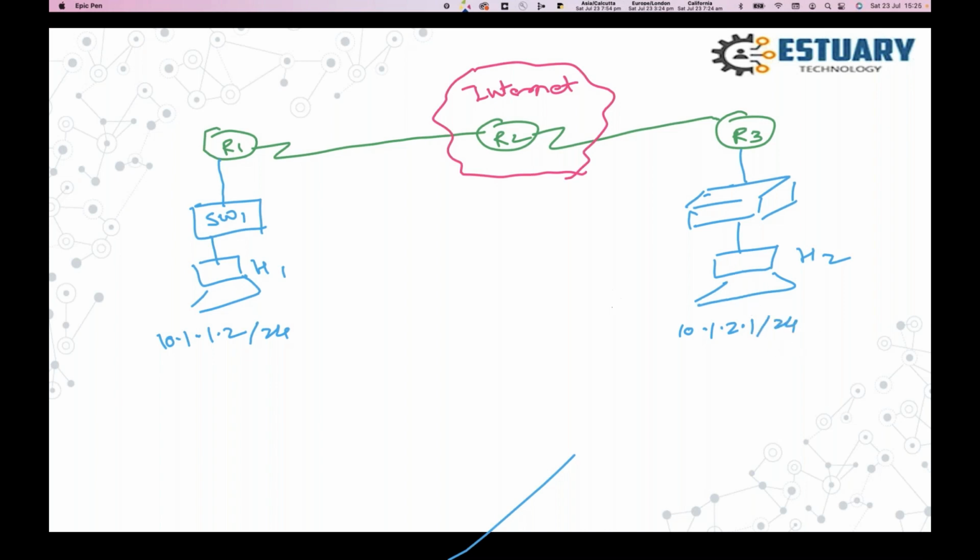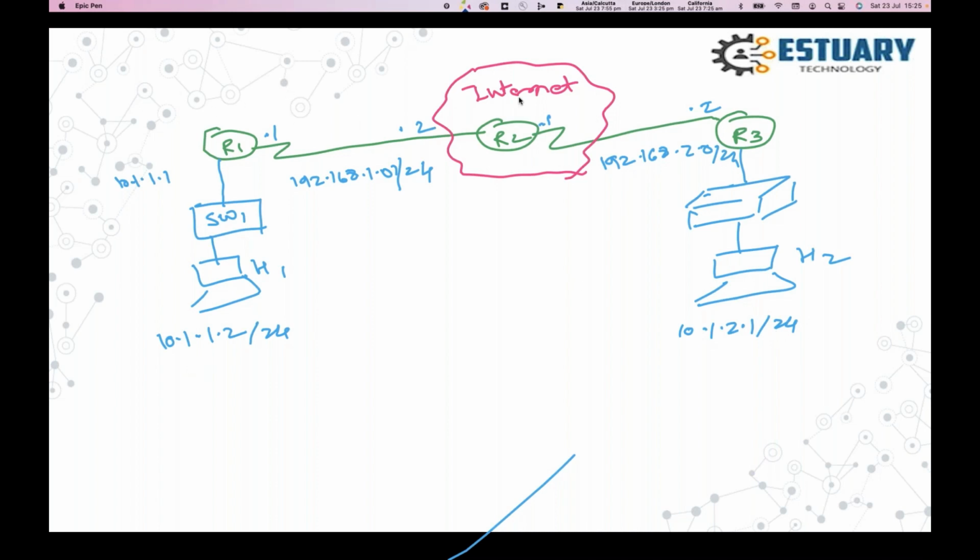Host 2 is connected here, right? And my gateway here on R1 is 10.1.1.1. For WAN connectivity, for example, this is 192.168.1.0/24, .1 is connected here, .2 is connected here. And on the other side I have 192.168.2.0/24, so .1 is here, .2 is here. Now, Host 1 wants to reach Host 2.